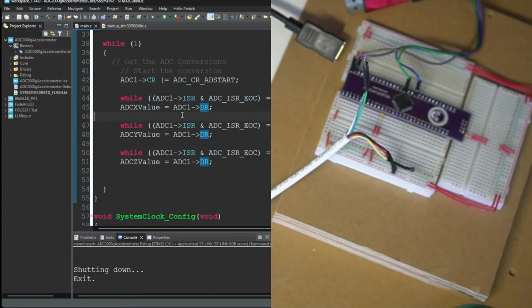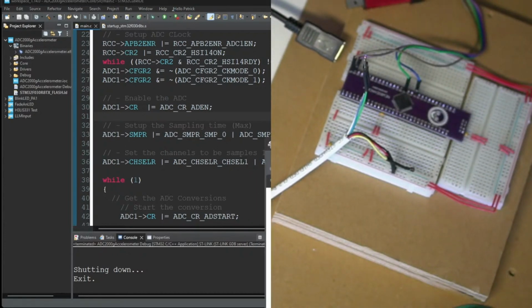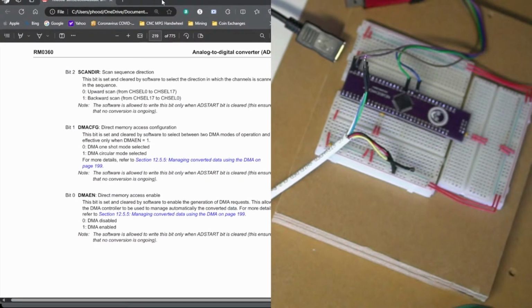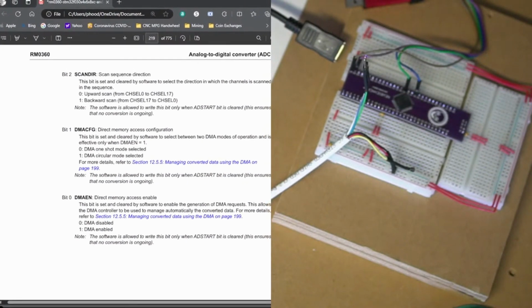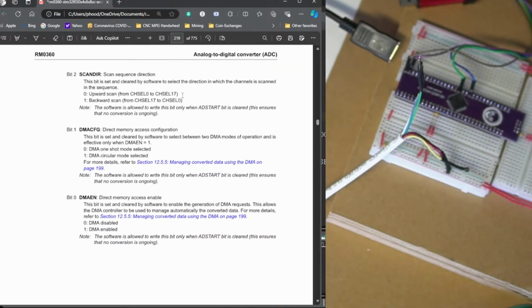What do you guys think? I'm thinking the program is good. So the pull rate, let me go over that. Let's change that actually. So this is the sample rate. For every 239.5 clock cycles, it is picking up samples. So if I decrease that, it will make it faster. Let's go back to the reference manual. If I make it fewer cycles for sampling, then let me make this smaller. So I should get more samples per,